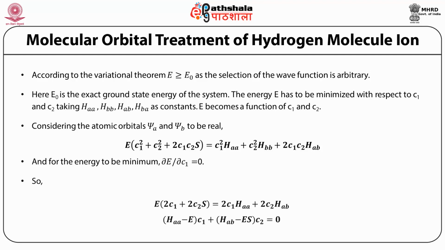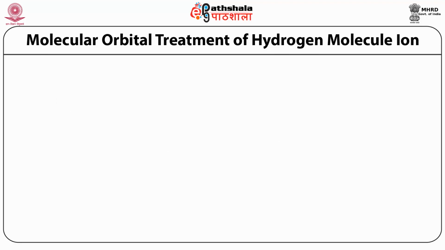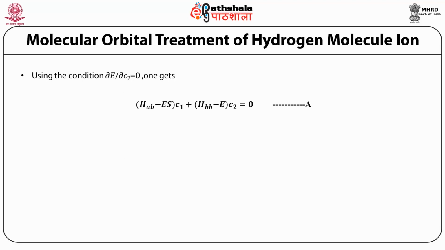So, E into (2C1 plus 2C2 S) is equal to 2C1 HAA plus 2C2 HAB. Now, (HAA minus E) C1 plus (HAB minus ES) C2 is equal to 0, and using the condition curly E upon curly C2 is equal to 0, one gets (HAB minus ES) C1 plus (HBB minus E) C2